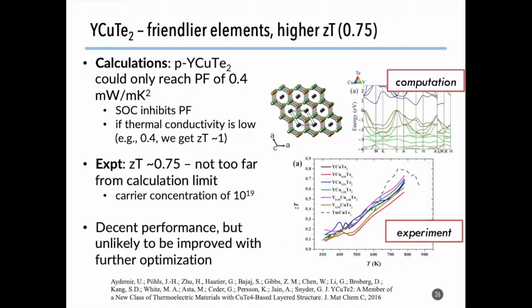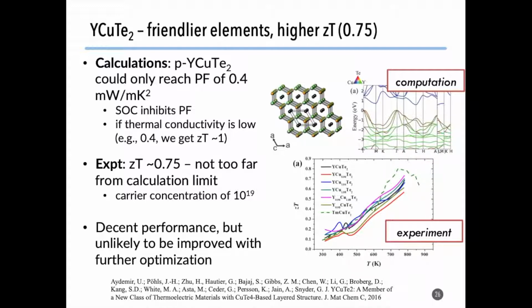Based on this, we did some more substitutions. We found this yttrium copper telluride material. This one was less promising, especially after we added spin-orbit coupling, which removed some of the degeneracy of the bands. But we still found that we could get pretty decent, maybe a ZT of around 1 for this material